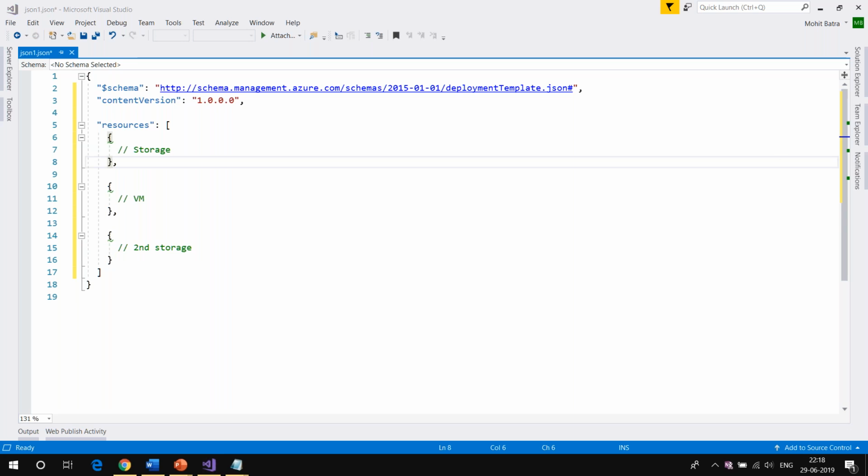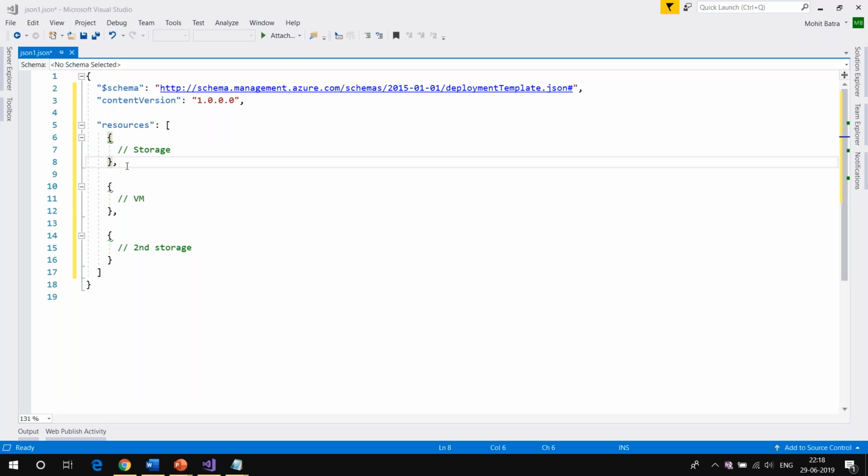And Sagar is saying, do I get a template to create a template so I don't have to memorize the syntax? So Sagar, as I said earlier, whenever you are creating it from the portal, you can simply copy that, right? You will get lots of templates available on GitHub, but the important point is that you need to understand what is actually contained in those templates. People have created really complex templates. If tomorrow somebody asks you to do some modification in that, it will be really difficult if you don't understand the schema of this.